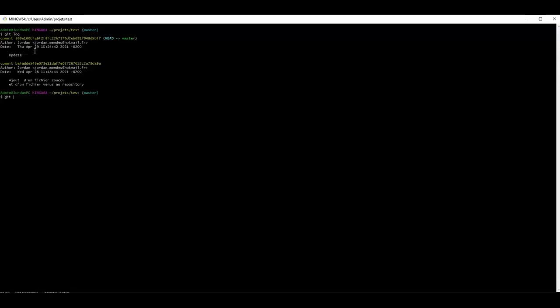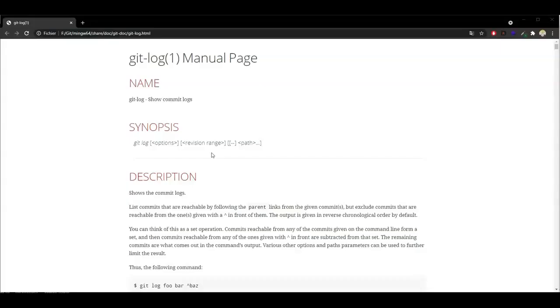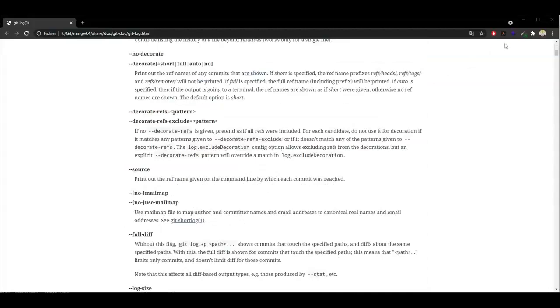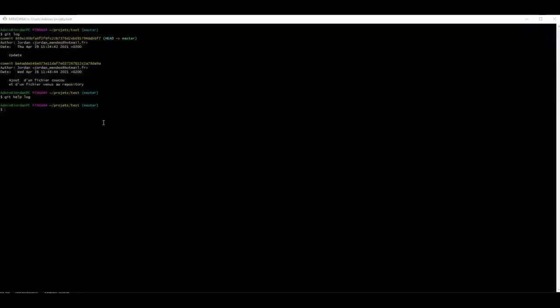However, if I use the git help command by typing git help log, I see that there are many options that are provided to me. I will exit git help log. I already know the options I want to use. So let's use the command git log --oneline